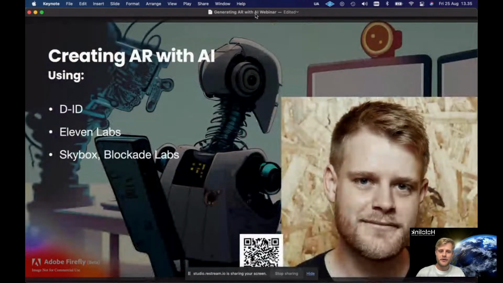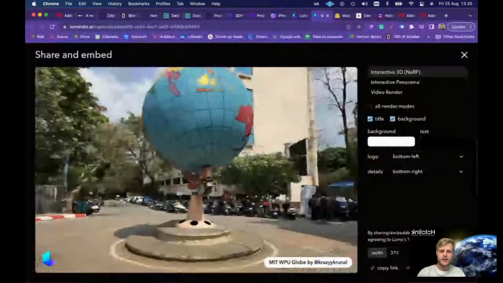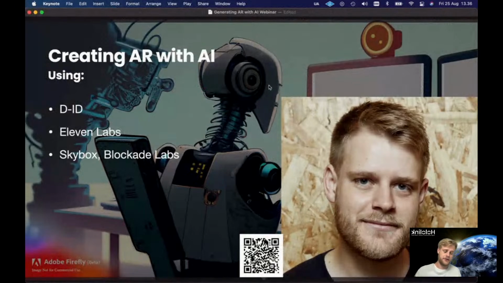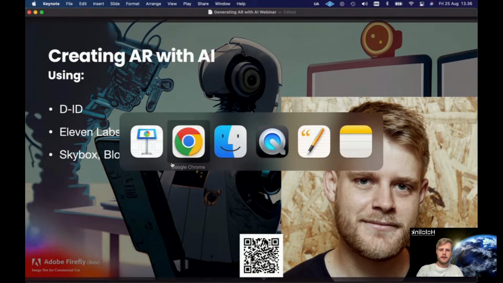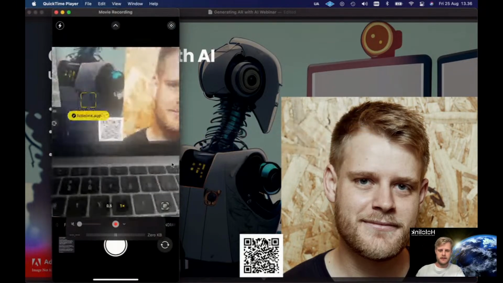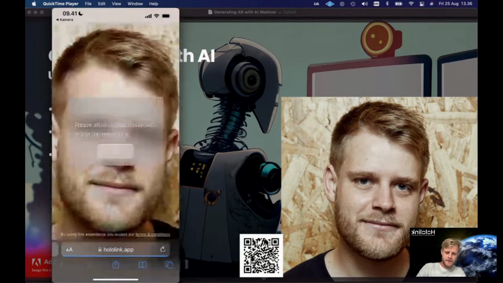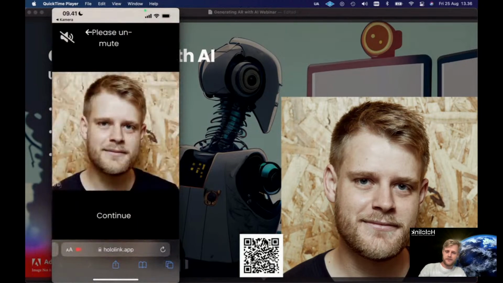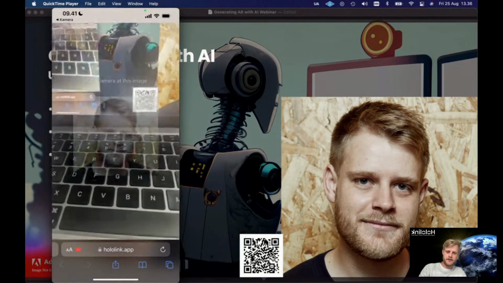All right, so I wanted to also show you how to actually create just a really simple 3D AR experience using some of these tools. So I'm going to be using DID, 11 Labs, and Skybox to create the 360 backdrop. And the thing that we're going to be making is this AI experience. Using the new loading screens that we have. I'm going to unmute it, continue, and